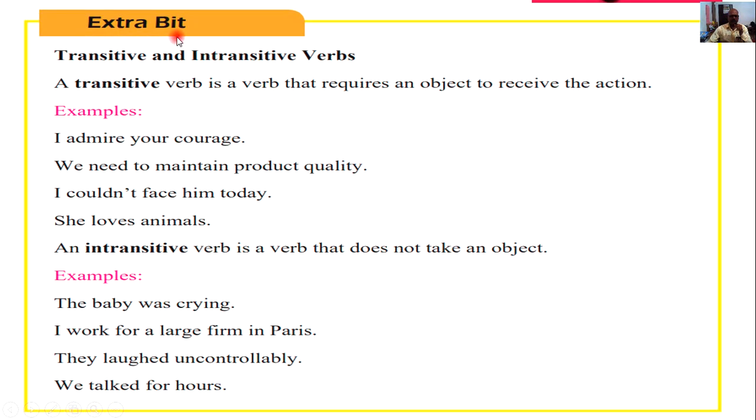Now after that, extra bit there, transitive and intransitive verb. A transitive verb is a verb that requires an object to receive the action. Similarly, an intransitive verb is a verb that does not take an object. Now you can study more and more from this